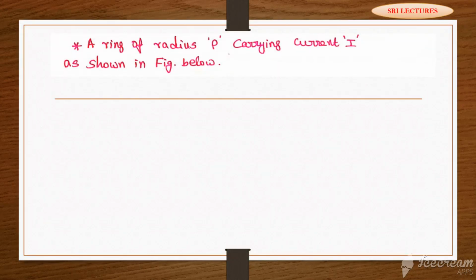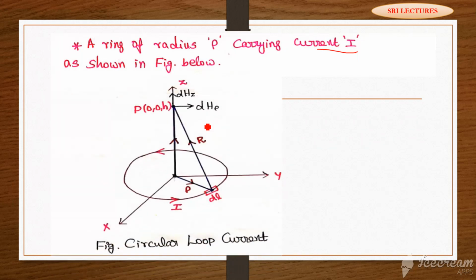So consider a ring of radius rho carrying a current I as shown in the figure below. Now the main aim is to find the H value, the magnetic field intensity, at this point P due to the current carrying circular loop. We have the circular loop of radius rho, and the current carried by the loop is I,